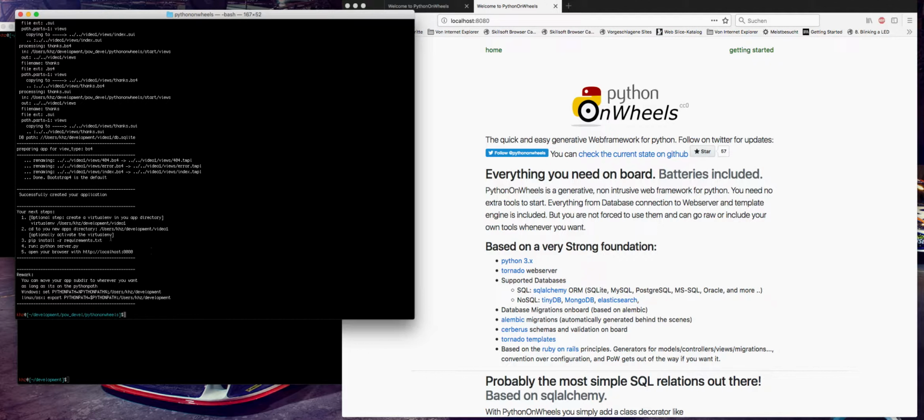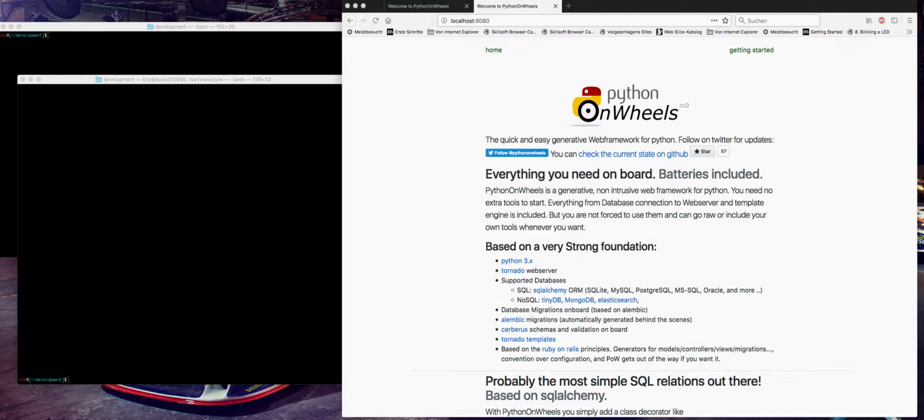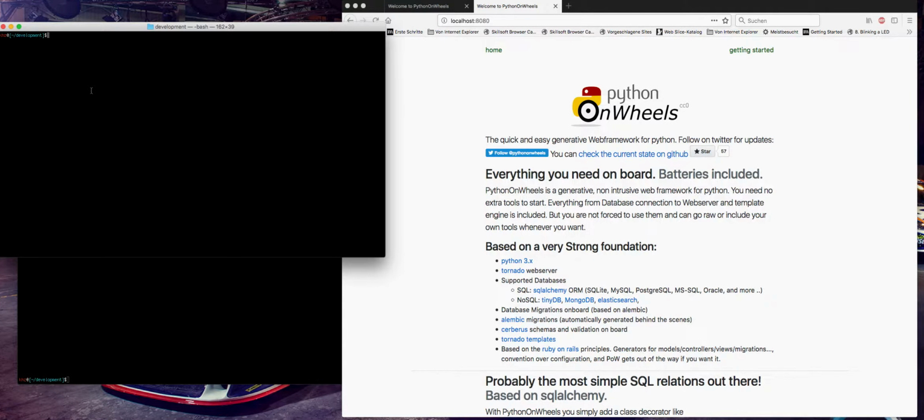So it generated the application, and I can find it here in the video 1 directory. The recommendation is that you create a virtual env, and I really recommend it. It's not needed, but it's really better if you work with different projects, different requirements of the project. So okay, now we created the virtual environment. We activate it right now,